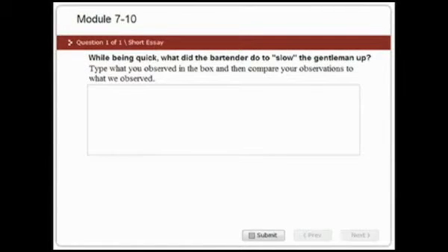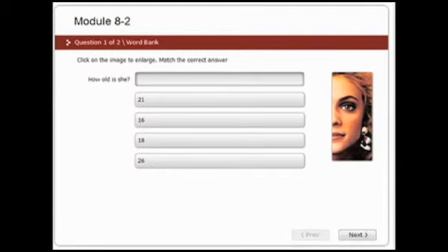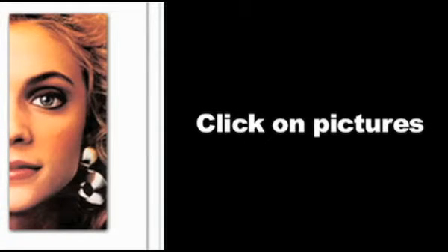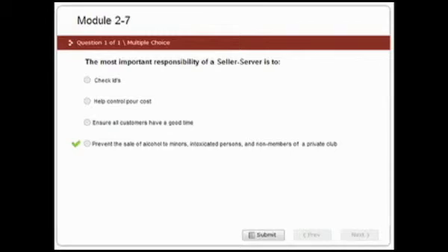Short essay: these activities will ask you a question or multiple questions and will require you to write a short essay. Once you are finished, you can click on the Submit button, followed by the Review button in order to look at reference answers. Word bank: these have a question as well as multiple answer choices. In order to submit an answer, you must click and drag one of the answers into the blank spot next to the question. Other activities will require you to click on pictures. All interactive activities will display a review page after you have submitted your answer. This page will show the correct answers for that activity.